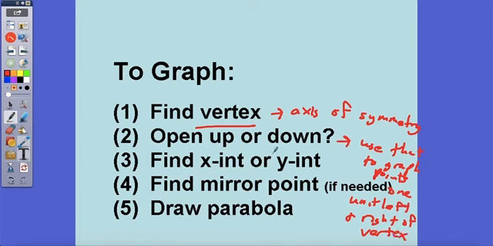Then you find one other point, sometimes x-intercept or y-intercept, sometimes it could just be another random point. Then you mirror that point and you draw the parabola. Always want 5 total points, 5 total points